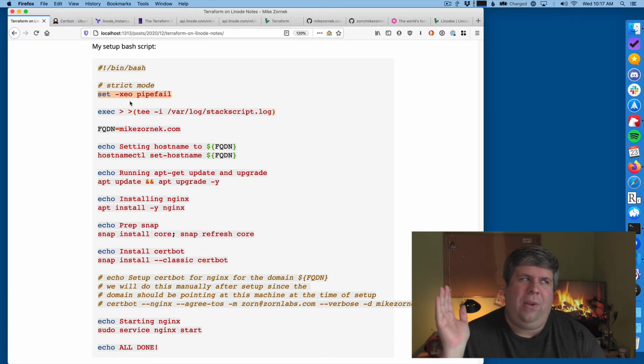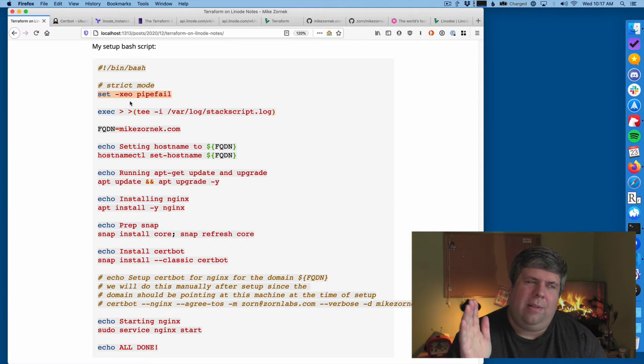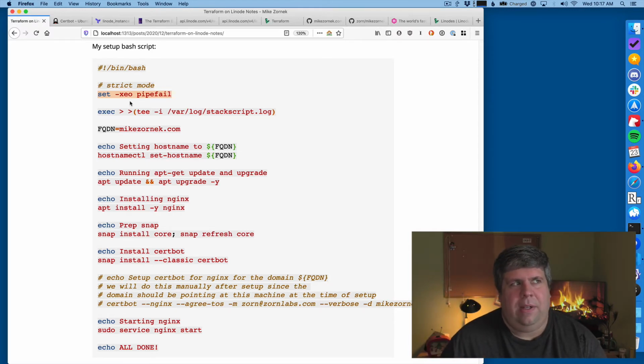So if you have a variable with a typo, without this, bash will continue to try to do all of the commands, but you probably don't want that. You probably want it to fail early in the process, so that strict mode is nice.